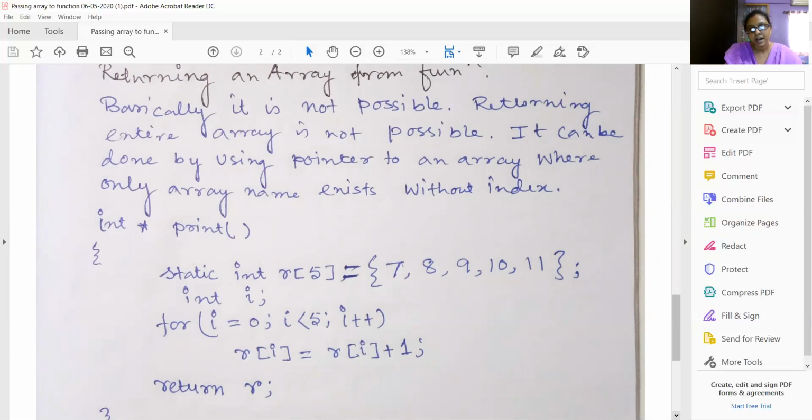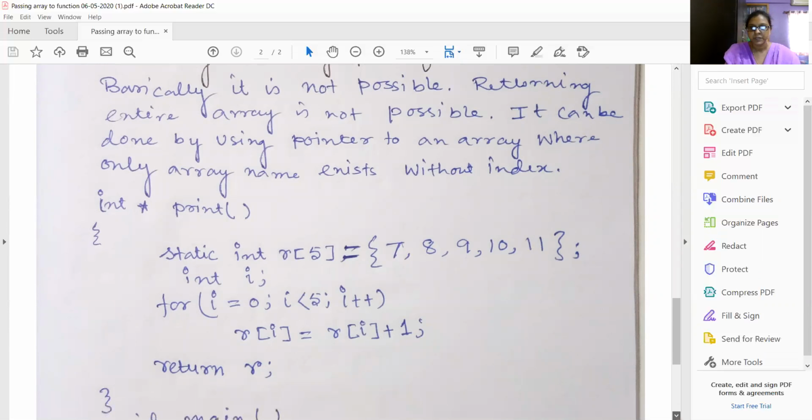Return is the last statement written within a function. So what can I do to get an array? You already have the idea. I can give the base address as a return value, then from the base address, one by one, the values can be fetched.